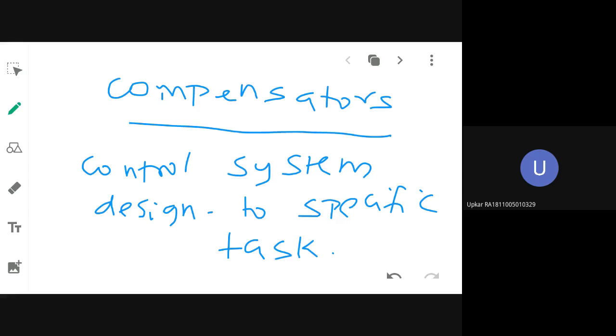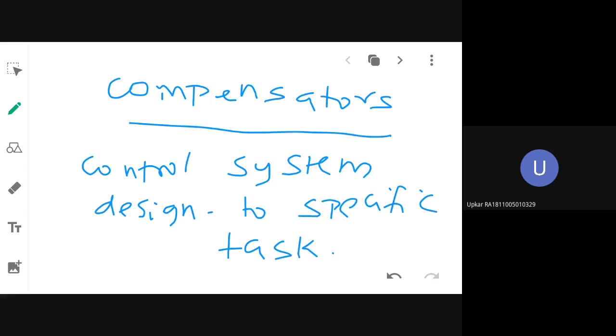Last class we discussed different types of controllers and their necessity, that is P, PI, PID controllers. Today we will discuss compensators. There is still another topic left out in the PI controller, how to design the parameters using Ziegler-Nichols tuning, and one or two problems may come from that part that I will discuss in a one hour period. This compensator problem requires a long time to solve, so I am starting compensator today.